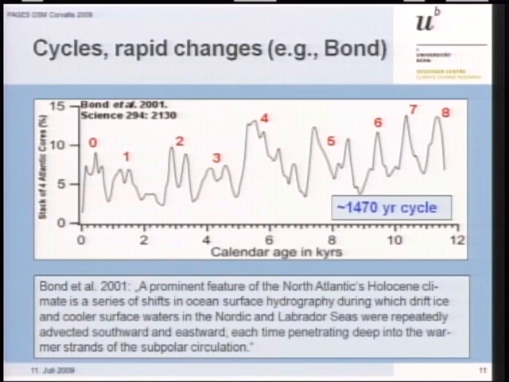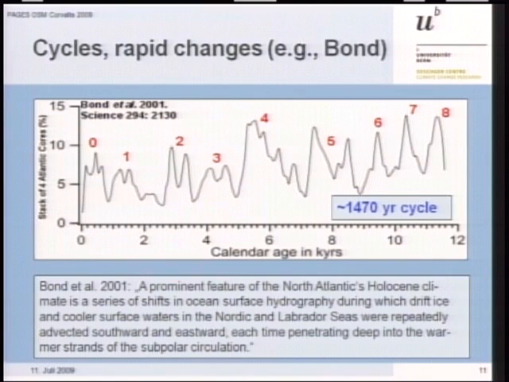You can see the definition here. A prominent feature of the North Atlantic's Holocene climate is a series of shifts in ocean surface hydrography, during which drift ice and cooler surface waters in the Nordic and Labrador seas were repeatedly advected southward and eastward, each time penetrating deep into the warmer strands of the subpolar circulation. And many looked at their data series and started to think, it's just a direct correlation with the Bond cycle, and started to think about different processes like solar activity fluctuations, like volcanic forcing, thermohaline circulation